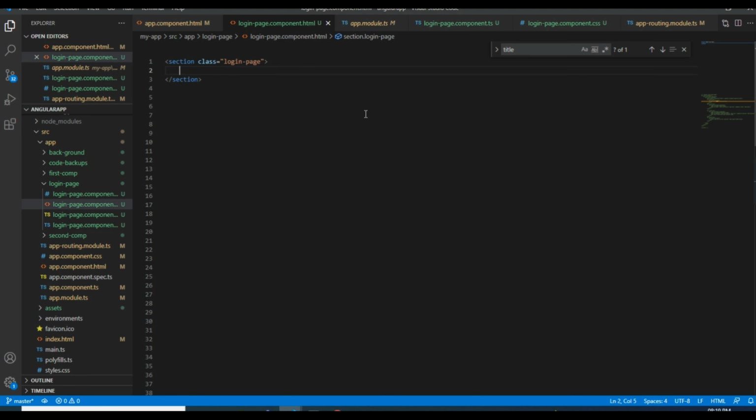I will give a container here, dot container. Inside the container I will take a card, and inside the card a card body.